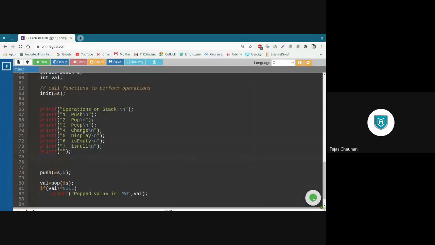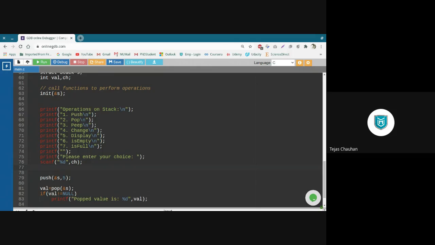And then I'll ask the user to enter his choice. Right? And we scan that value. So we are actually asking the user to select one operation. When we scan, we are going to have just an integer choice. We need to declare that ch variable. So we have that choice, and once we have that choice, based on that choice, we are going to call these functions.